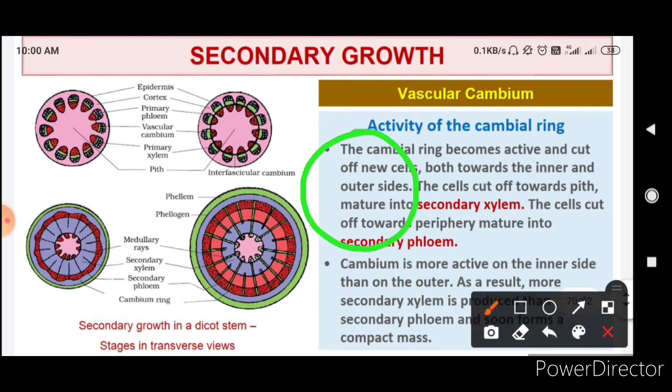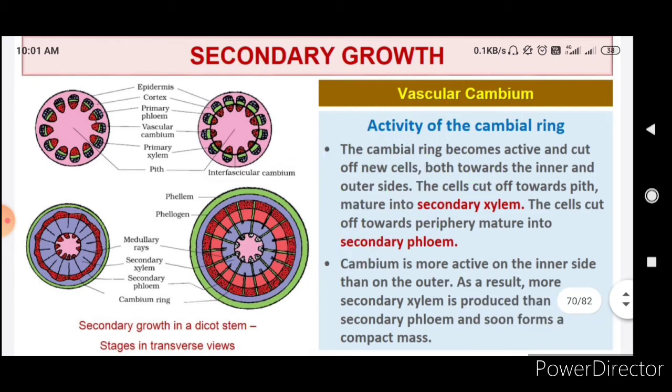Okay, so inside was the xylem and outside was the phloem, primary xylem and primary phloem. So primary xylem will be present inside, and this whole structure which is formed is the secondary xylem because of this cambium ring. Okay, and outside this will be the primary phloem. Okay, and outside that what will be formed? There will be the formation of the secondary phloem. Okay, so the activity of this cambium ring is more towards the inside. So more secondary xylem will be formed inside and phloem will be less.